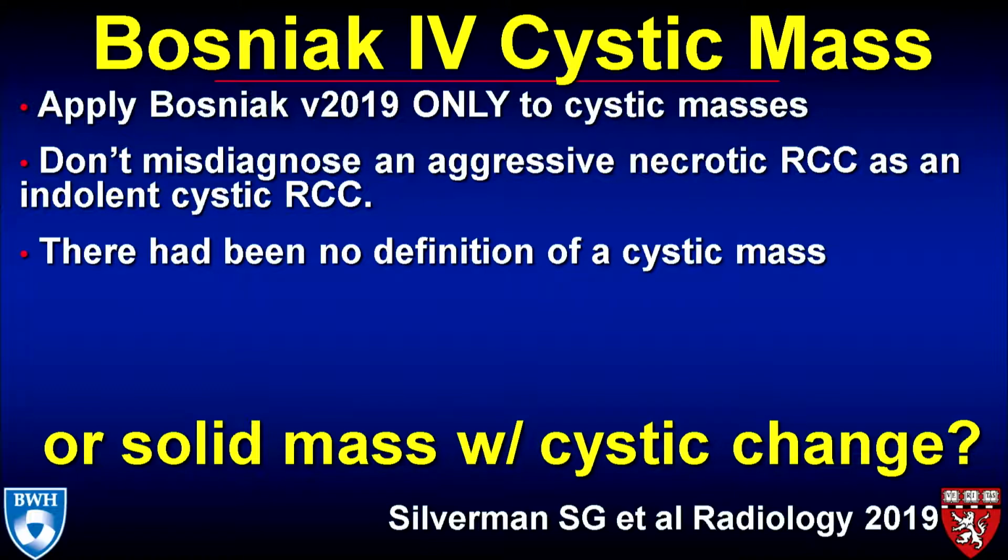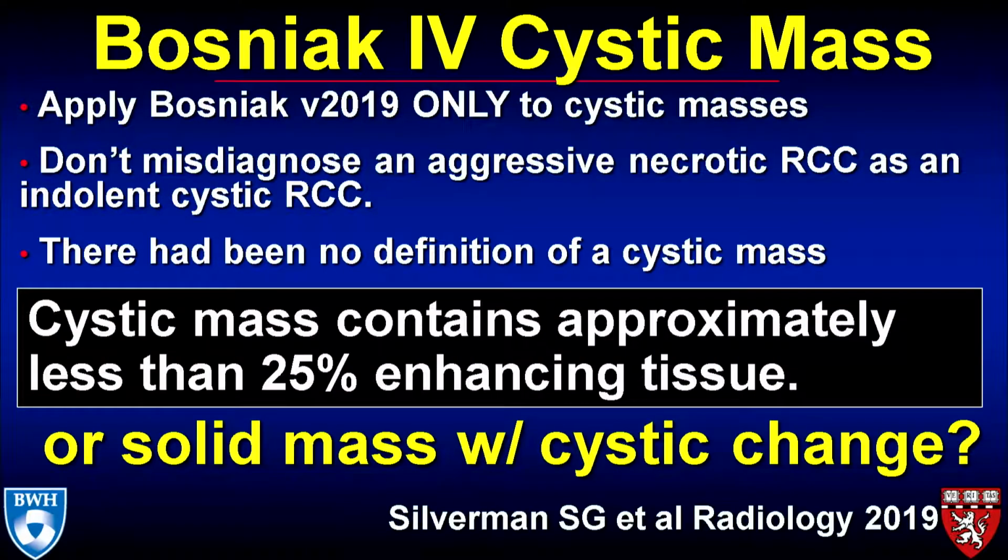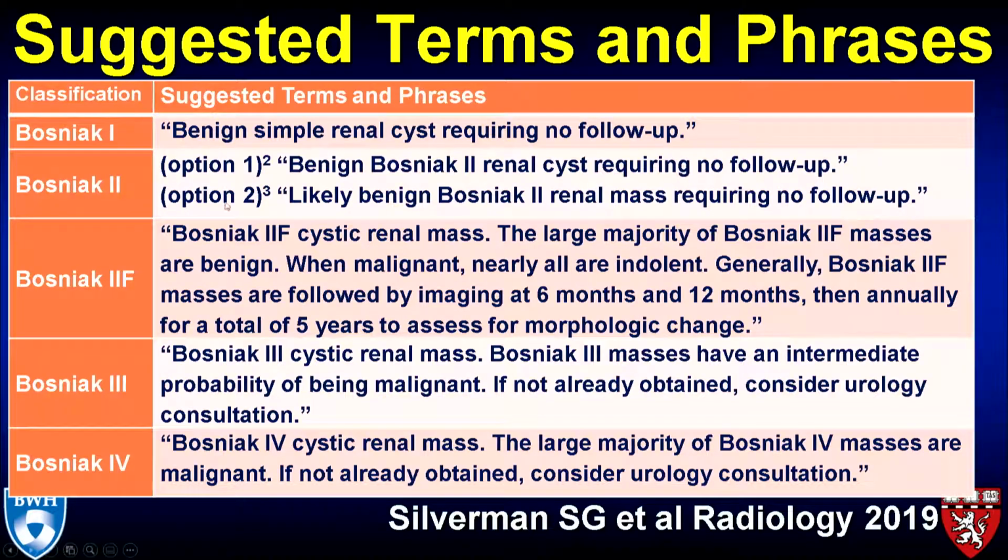And before this, there'd never been a definition of a cystic mass. I mean, what do you apply the Bosniak to? So we defined it as a cystic mass containing approximately less than 25% enhancing tissue. And then what you can put at the end of your reports, and again, this is all in your handout, we can put this right in your structure report of what a 1 is, benign cysts requiring no follow-up,